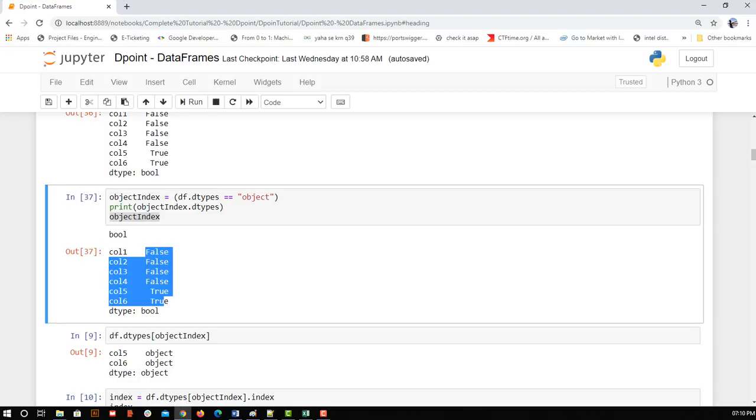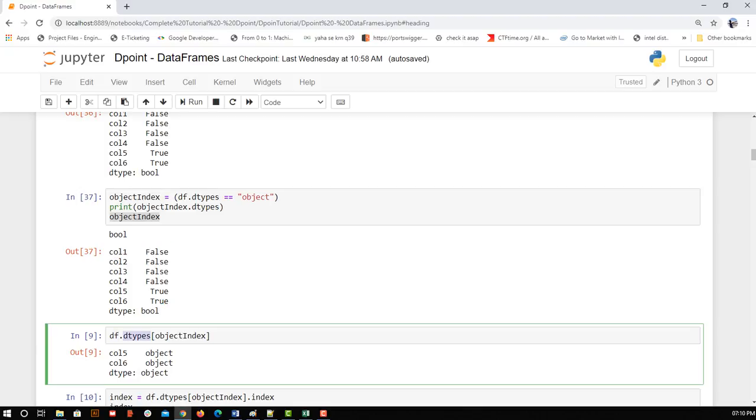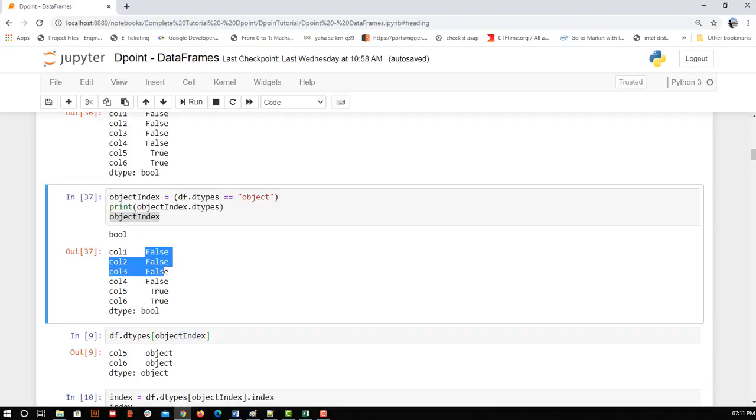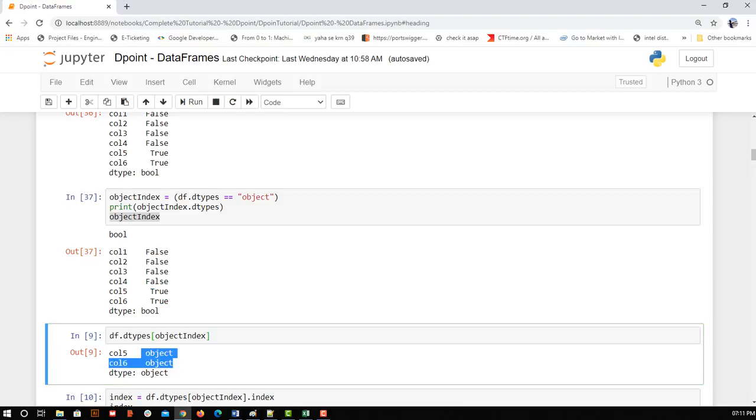Now if you can see, dataframe.dtypes, when I call data types I am getting the data types of all the indexes, meaning all the columns. Here I don't want all of them. That's why I am passing an array of booleans, which is going to give me the result only for those for which the index is true. I hope that is clear. For all the false I am not getting any result, but where I have true, there I am going to get this output. So this was my execution.